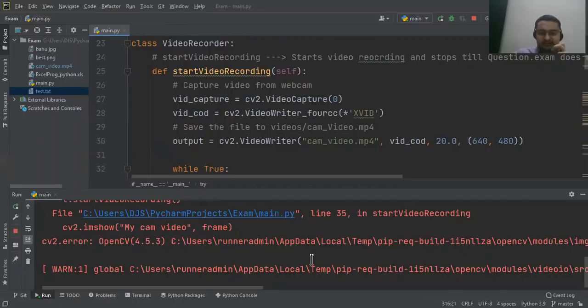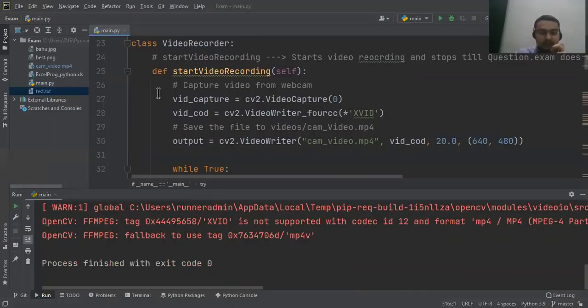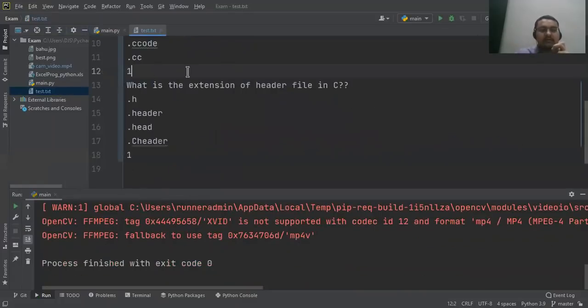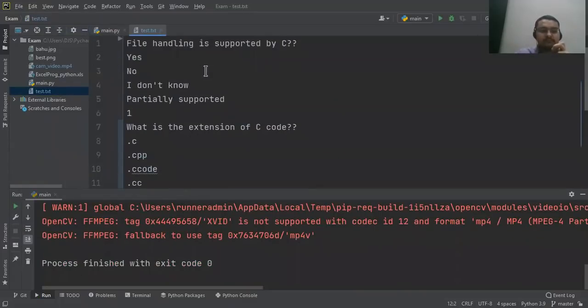Just a second, let me just close this up. Is file handling supported in C? Yes, it is. We have the dot C and we have the dot H. Now, mind you, the dot C was again the same question, but these were 2 different questions. Because we only have 10 questions, as I have said again, if you increase the number of questions, you will end up with less probability for the same.